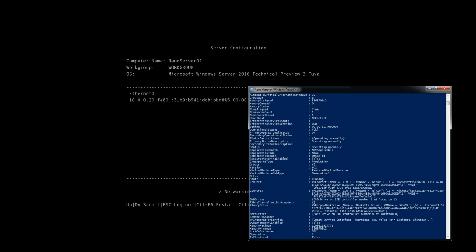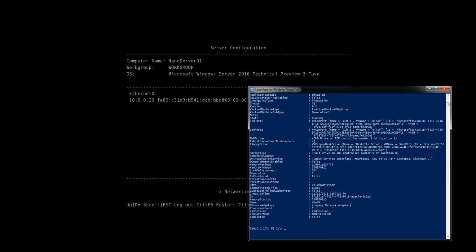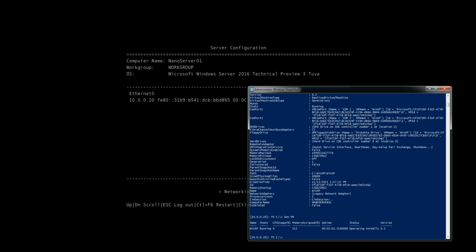So, I have successfully created a virtual machine within Windows 2016 Nano Server. And there it is, the legacy network adapter that I've added, and the host server for this virtual machine is NanoServer. So let's see if the virtual machine is still working. Yep, it is. I can see that the CPU is at 9% at the moment, so it most probably already